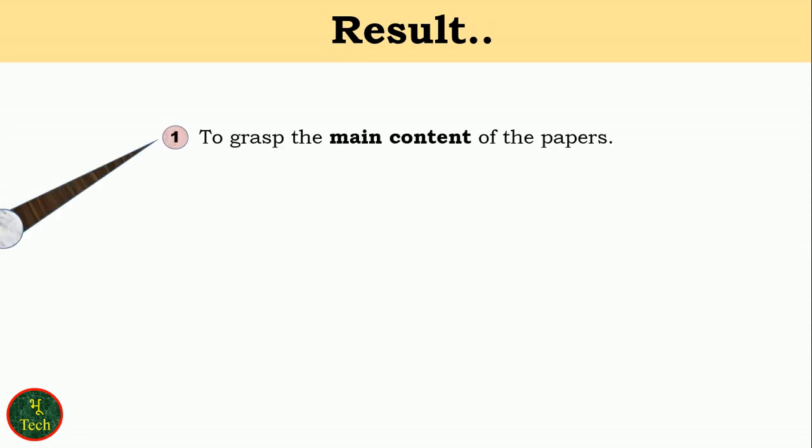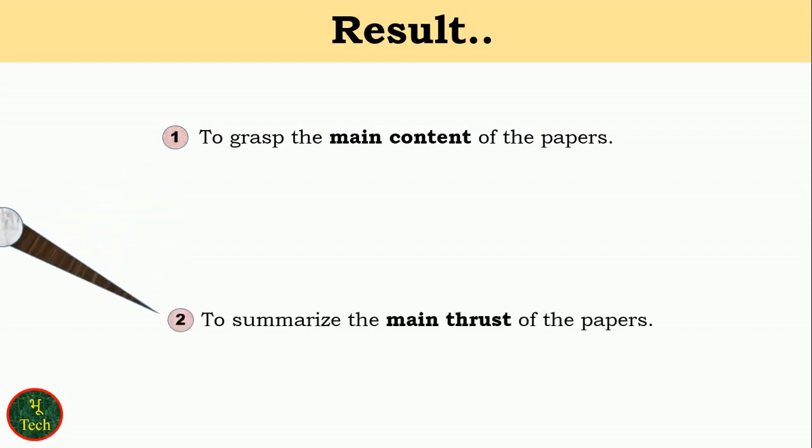After reading the research paper through this second step, you should be able to capture the main content of the paper and summarize its main thrust. To fully understand the paper, if you are going for a literature survey or to review it, you will need to go through the third step. This step can take more than 10 to 20 hours and has 4 points.